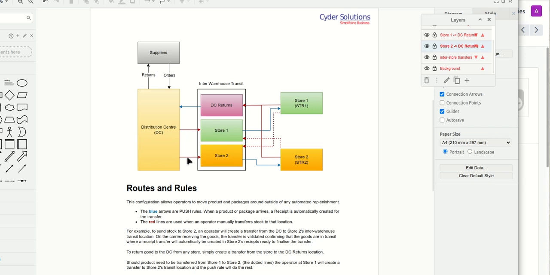In this case, we combine those 2 moves into one, and we just called it the store moves. And then when we do an individual move, we pick out which store we want it to go to. With this operation, we set up that it's just between this and this location is fixed. We can change it, of course, but for a return, we always want it to go back to our returns area of our DC. And this is where the DC will automatically create the receipt back into our distribution centre